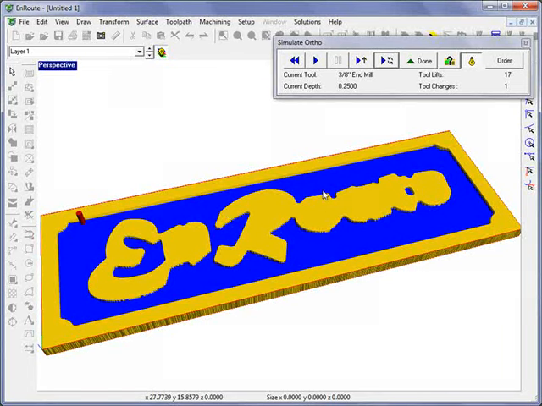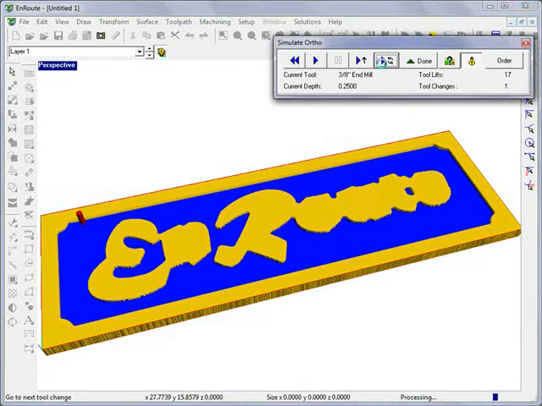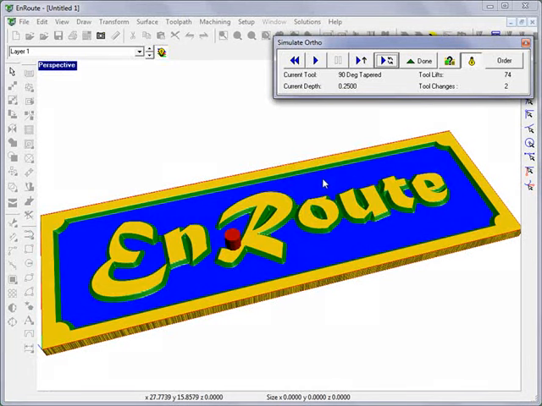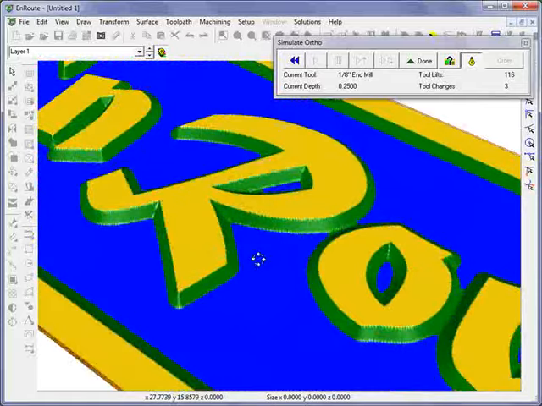Another thing we can do here, as we go to the next tool, is to notice that it's going to be a little bit faster, and particularly if you have a video card that has some memory to it, that memory will be utilized and will speed up the rendering process. So here we've stepped all the way through the parts, and if I zoom in here, I'll see that the shading is nice and